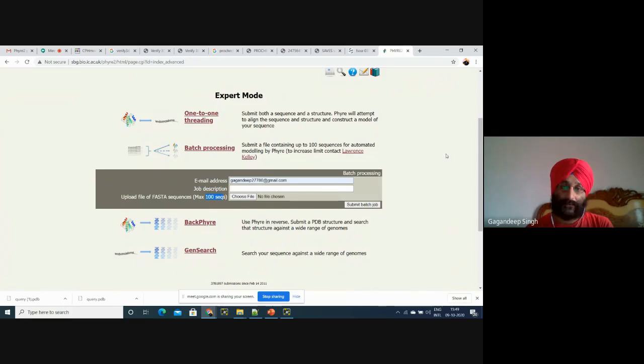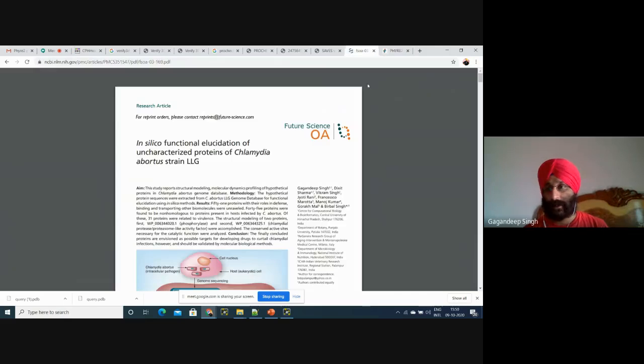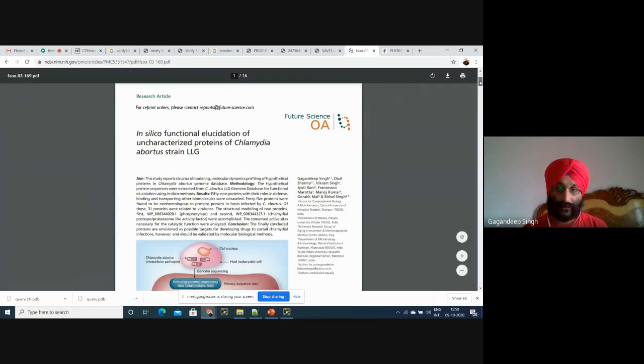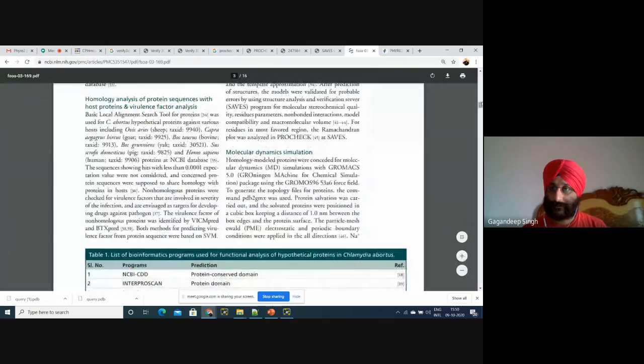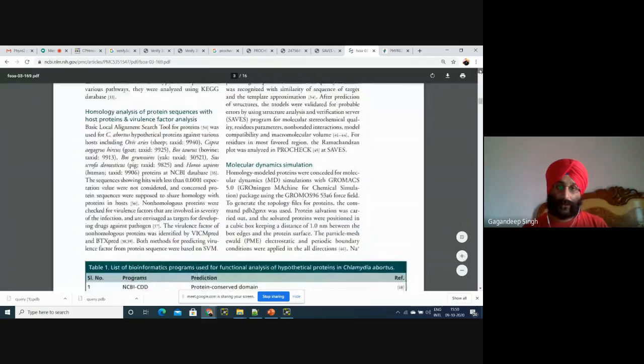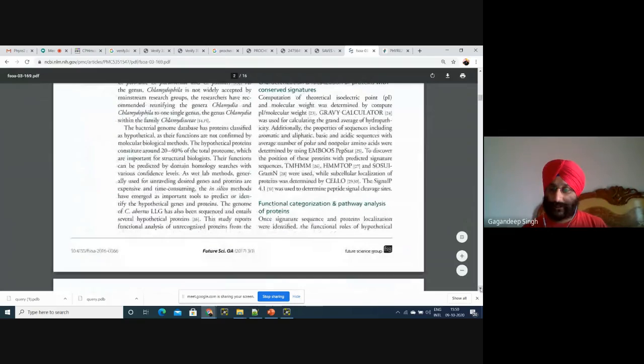Okay, it will work the same as CPH model. It will generate your structure and give you the template ID, what kind of template it has selected. It will select only 100 sequences for modeling the structures, which is more than enough, because you have to analyze those structures as well. Now I'll show you this paper, because this is the most important part that we are working on. See, today what we have done means what we have learned.